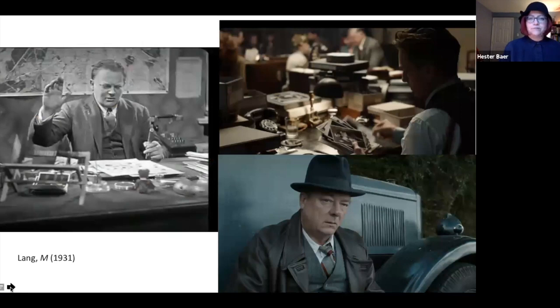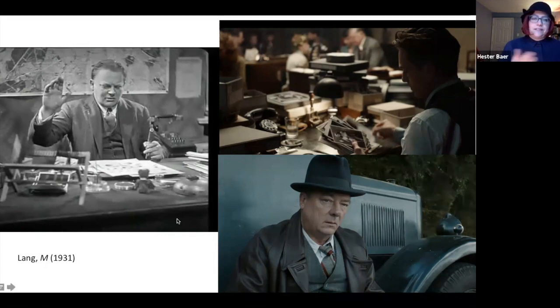Another important reference point for the filmmakers of Babylon Berlin was Fritz Lang's M. This was also a film that strongly influenced the novel by Volker Kutscher that was the basis for the adaptation.